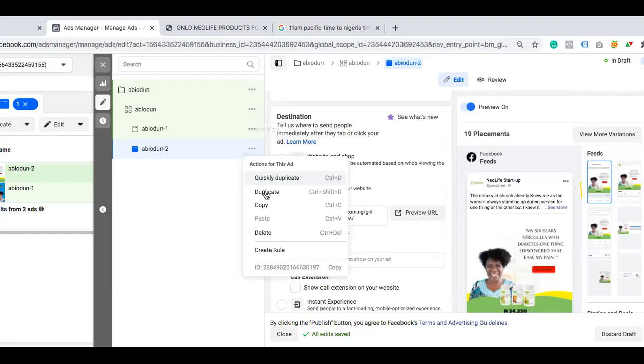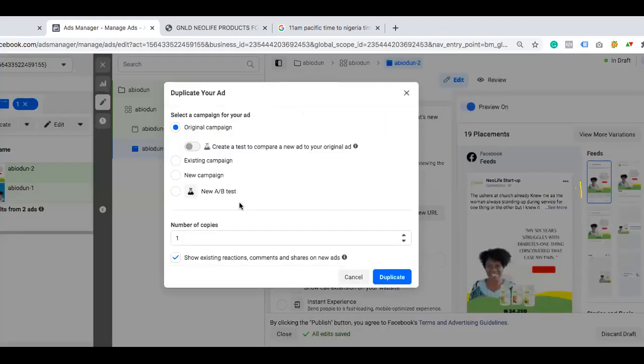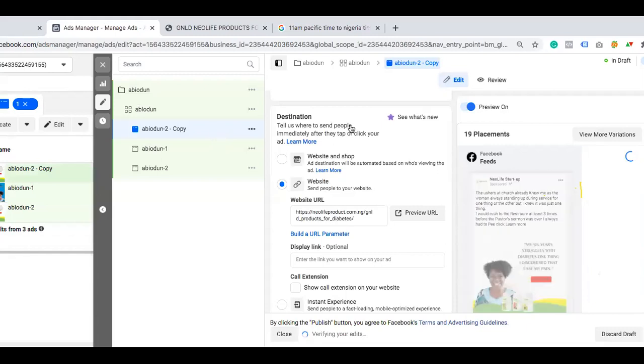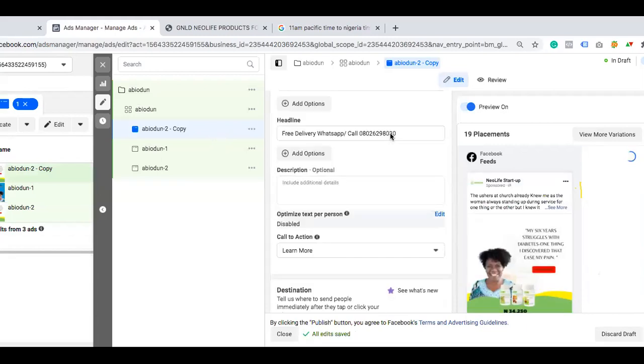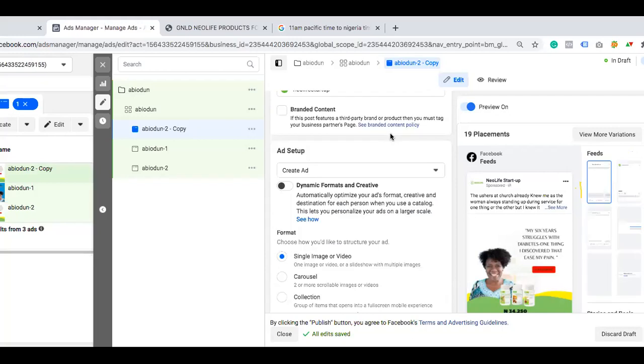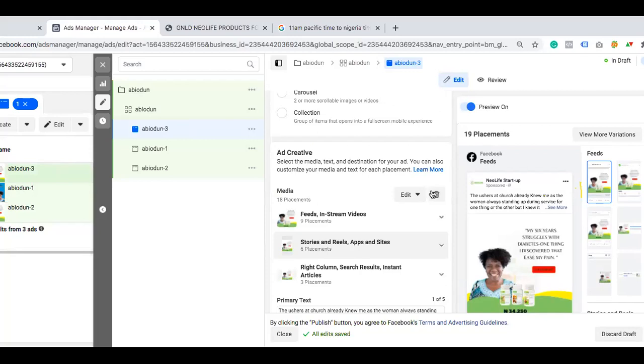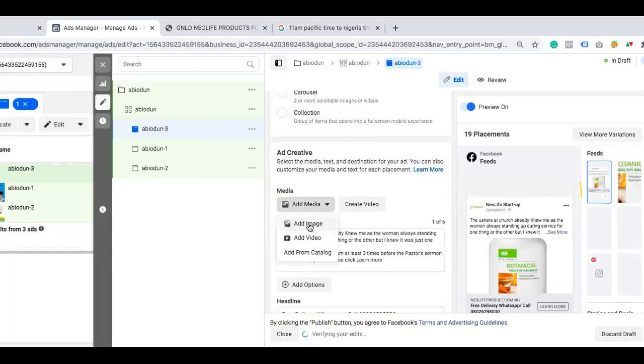I'll just come here again. I'll duplicate this one again, right? We're testing all these creatives right now. We can also test with A/B testing, but I think this way is faster. So here now, for you not to make the mistake of forgetting which one you are working with, immediately you duplicate, come up here and change it. So change it here, then we just move on. You can see this one is not taking too much of our time like the one we had before. So you come back here and